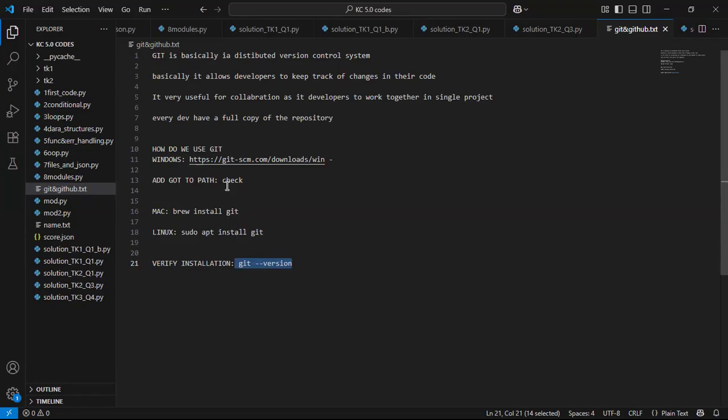It will be difficult if the command prompt is not seeing your Git, because most things are done from the command prompt. So if it's not bringing up your version, please go back and reinstall Git and look carefully. You should see where it says add Git to path. Please make sure that you